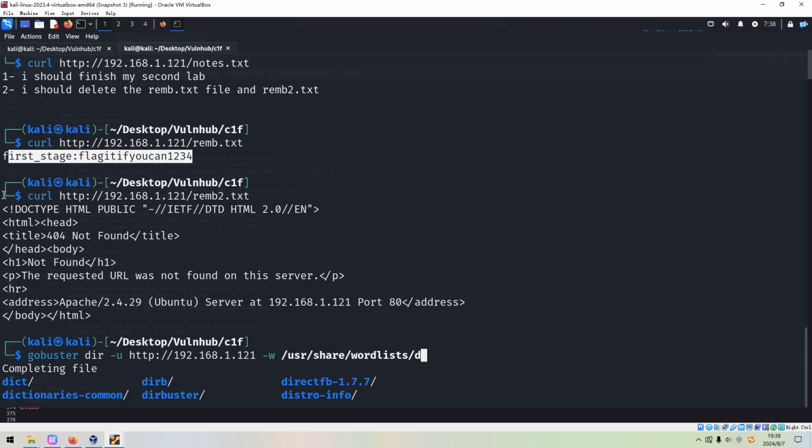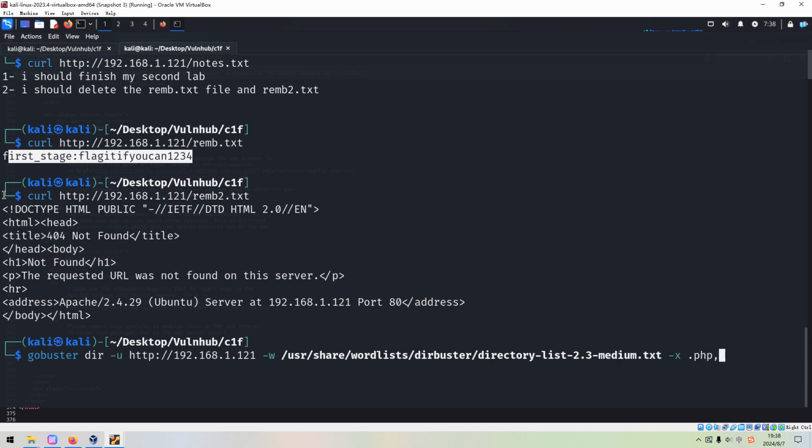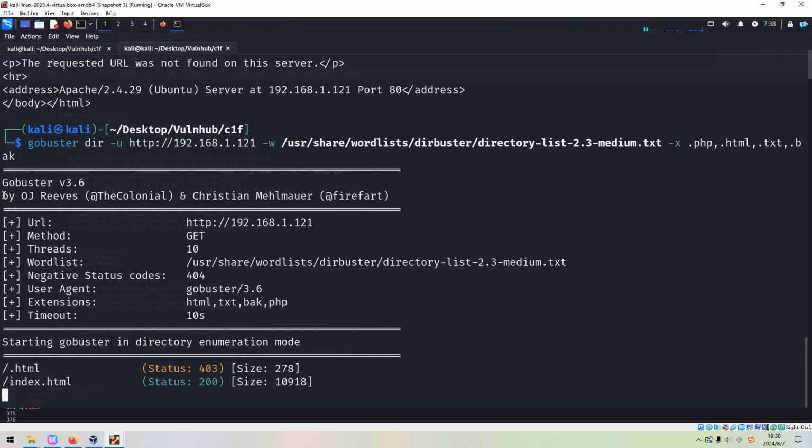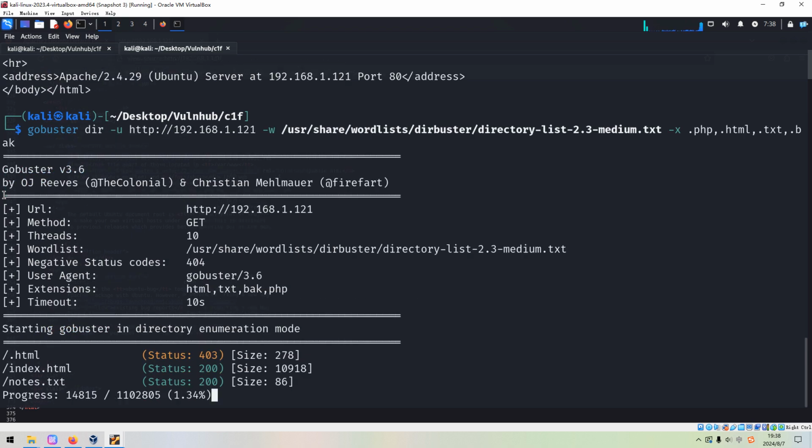Wordlist, gobuster, directory, extension option. Okay, press enter. Of course, you can use other directory enumeration tools. For example, like dirsearch.